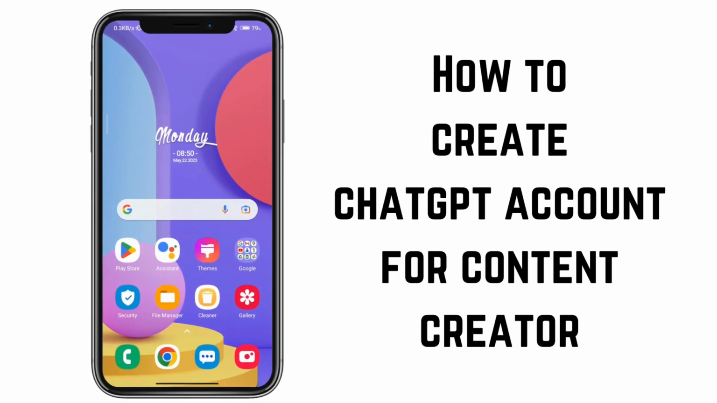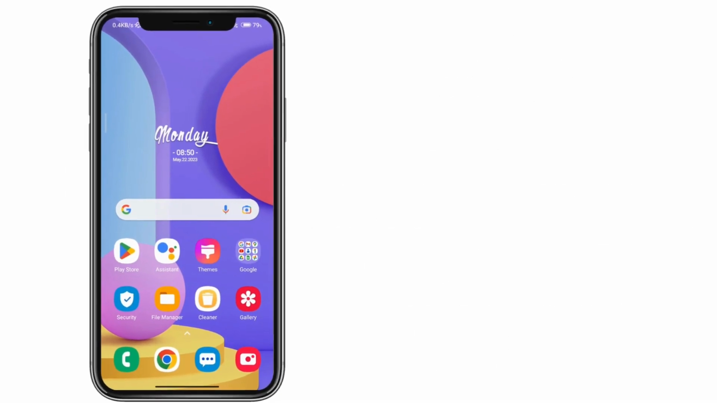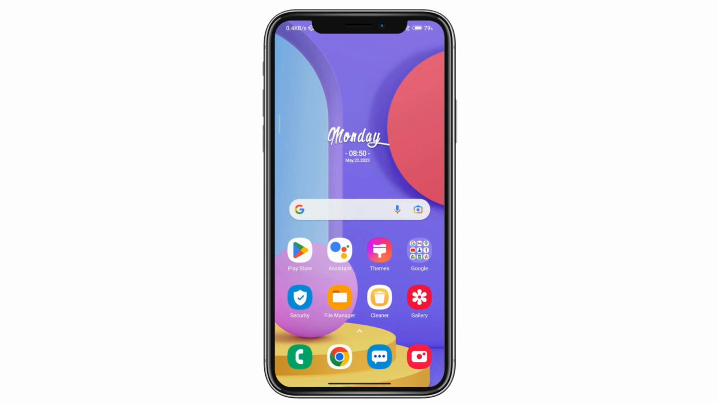How to create ChatGPT account for content creator. If you're wondering how to create ChatGPT account for content creator, you've come to the right place. Let's get started. So the first thing you want to do is go ahead and click on any browser